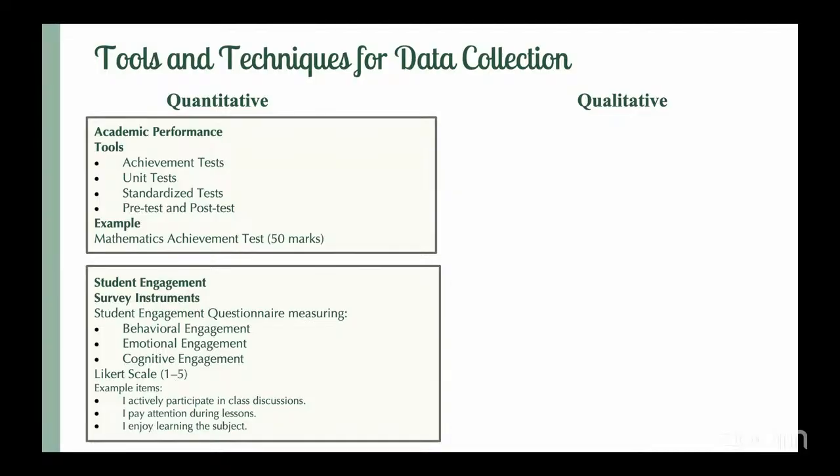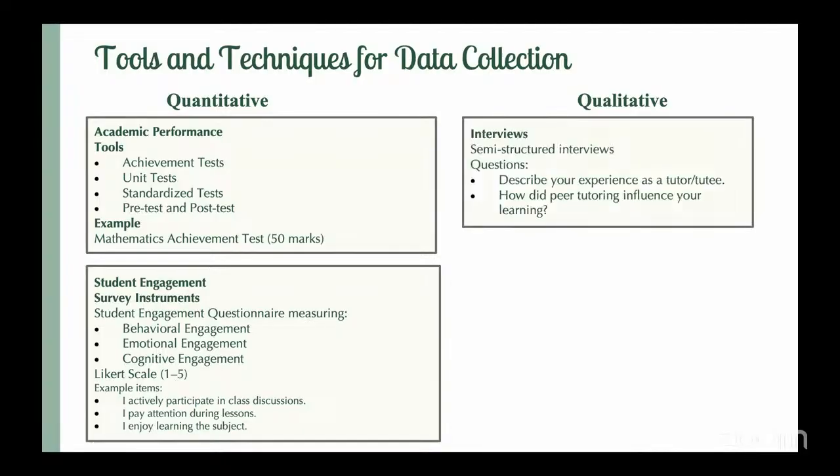So you can see there are some examples. When I say I actively participate in class discussions, Likert scale 1 to 5. To what extent am I able to actively participate in class discussions, because of the peer tutoring, because I'm able to clarify my doubts, right? I pay attention during lessons because my engagement is increased now. So even after peer tutoring, if I say I'm at 1, that means something is wrong. I'm not able to pay attention in the class. So these all matter. And then you can take it forward to qualitative if you are going for a mixed method.